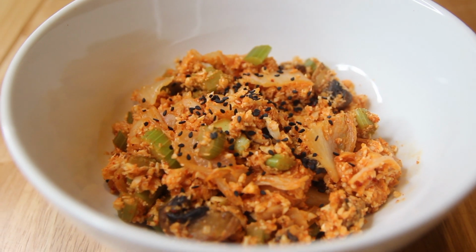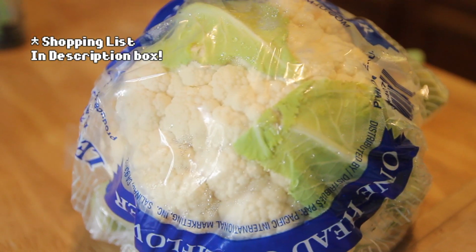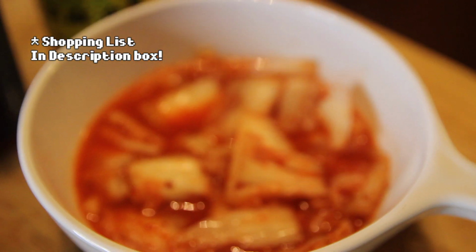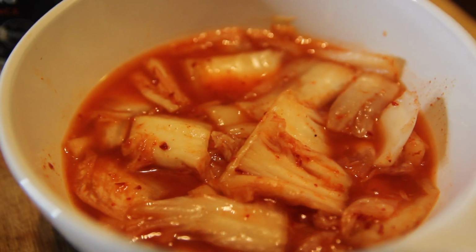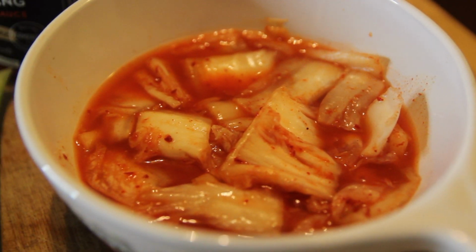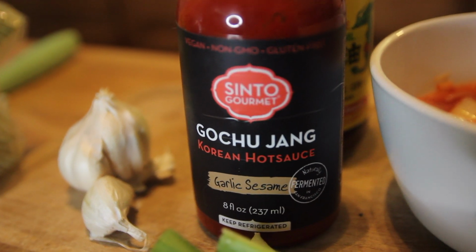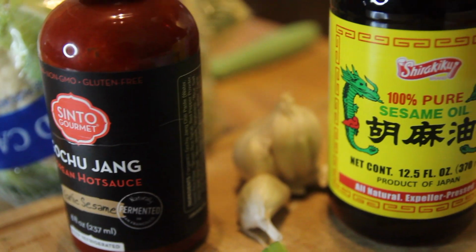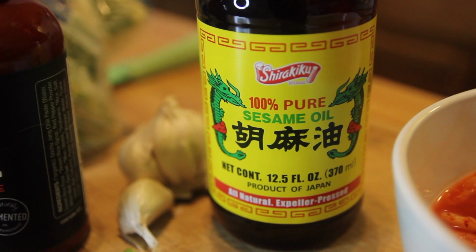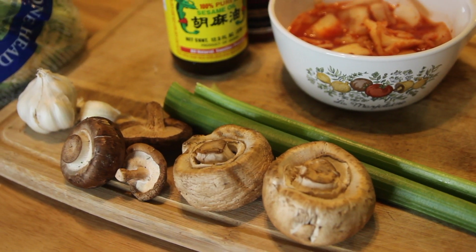Okay guys, let's get started on this kimchi cauliflower fried rice. This recipe is super simple and only uses a few ingredients. For this, you will need a head of cauliflower, some kimchi and its juice, but be aware that most kimchi is not vegan because it contains shrimp or fish sauce, so double check the ingredients for a vegan brand. Then, very importantly, you'll want to pick up some Gochujang. Gochujang is a Korean hot sauce paste, and it's essential for getting the correct flavor to this dish. Then you want to make sure to have some sesame oil,